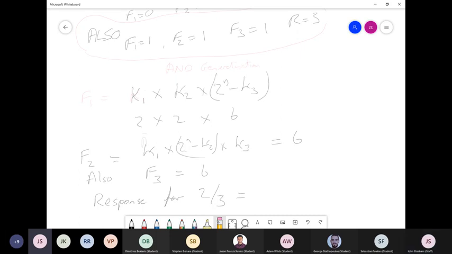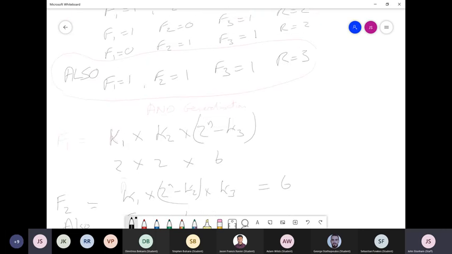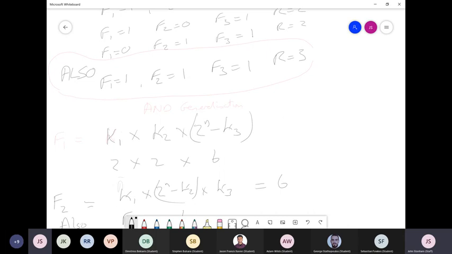Go for the first one: 2 times 2 times 6, which is 2 4s, which is equal to 24, plus the number of ways of getting the response 0 1 0 1 0 1, which is going to be 2 times 6 times 2, which is also 24, plus the number of ways of getting 0 1 1 on the 3 functions, which will be 6 times 2 times 2, which is also 24. So the total,